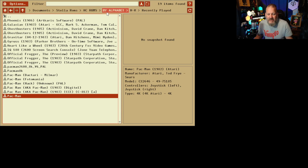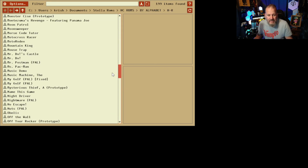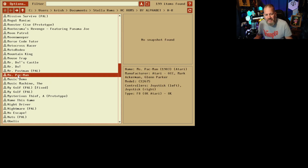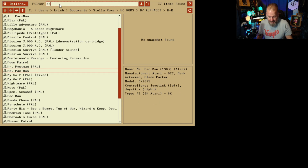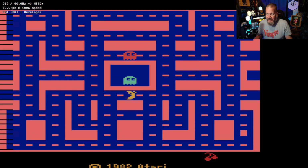Now, what we can have a look at next is, after Atari 2600 Pacman, there was a bootleg, and a company did Ms. Pacman. When they did the unofficial bootleg, Atari basically went, no, you can't do this. Yes, it's an 8K ROM. Look, it's there. The original Pacman, I believe, was a 4K ROM. So Ms. Pacman, on the other hand,